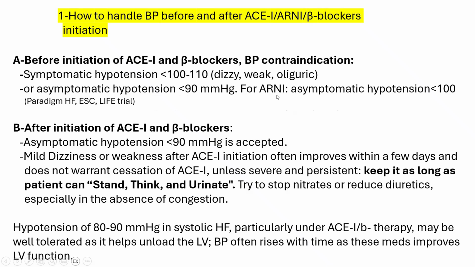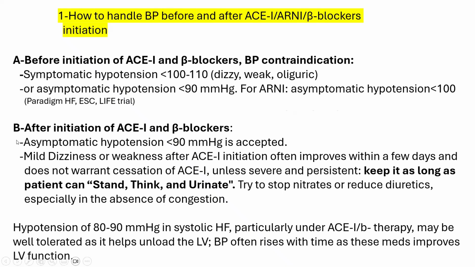And for ARNI specifically, asymptomatic hypotension less than 100 millimeter of mercury. For ARNI, this is based on PARADIGM-HF inclusion criteria, ESC guidelines, and the LIFE trial of advanced heart failure,